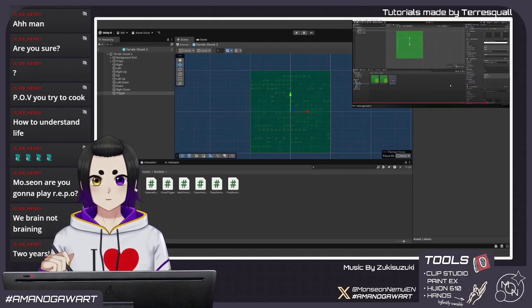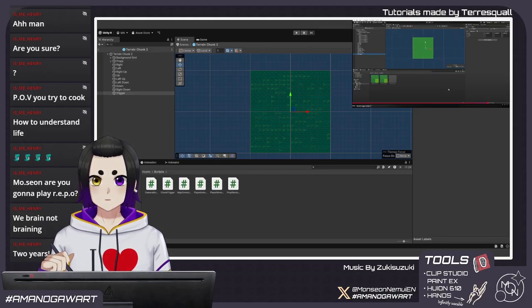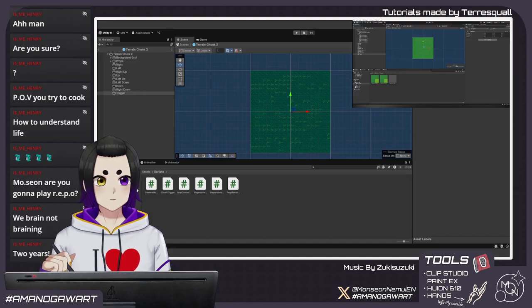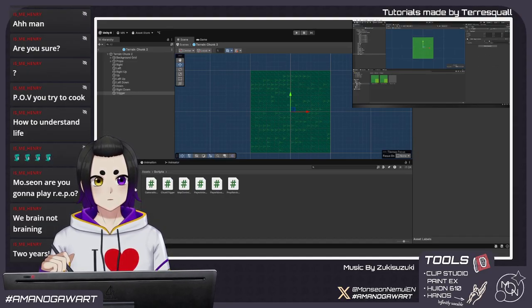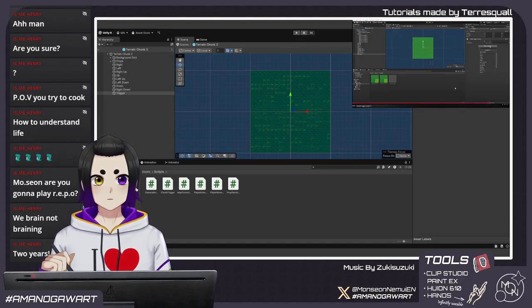Once that's done, open up your terrain chunk again and create a new empty game object called trigger. Make sure to reset its transform as well. Now add the chunk trigger script onto the object and drag the terrain itself into the target map. Then add a box collider